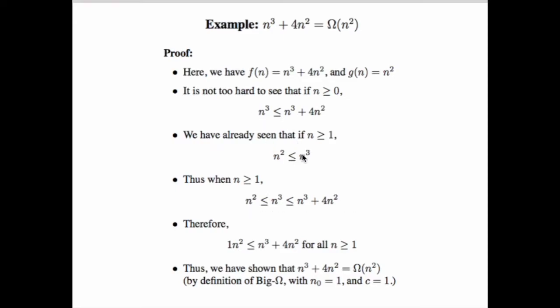Actually, by transitivity, we can say that n squared is less than or equal to this expression. So this is our original g of n, and this is our f of n. And this is true if we have c equal to 1, and that is true for all n greater than